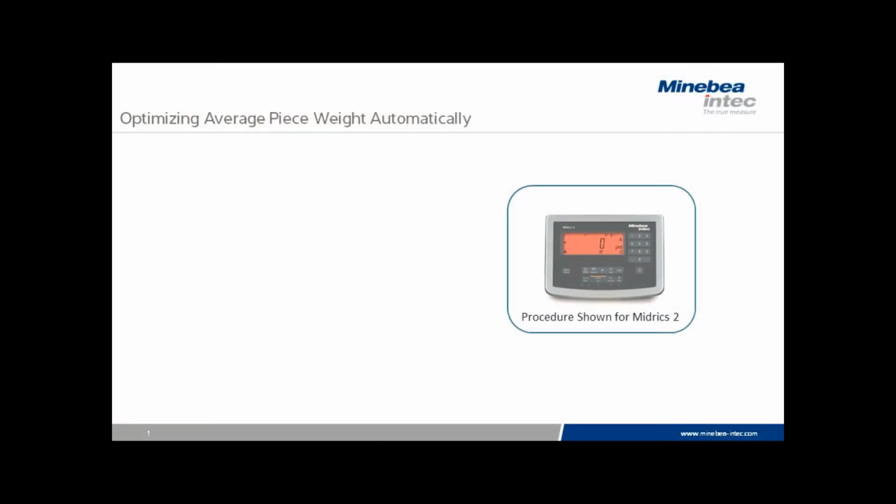One of the often misunderstood parts of the counting operation is average piece weight optimizing. Using automatic optimizing makes it possible to increase the accuracy of the average piece weight calculation, which in turn will increase counting accuracy under certain circumstances. The best use of APW optimizing allows smaller parts to be counted on higher capacity scales without excessive hand sample